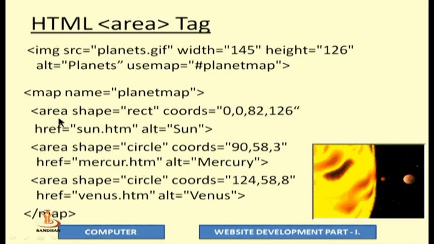To understand the area tag, we can see I have first declared the img tag. In the img tag I have used the src attribute. In the src attribute I have put planets.gif. So this planets.gif is my image which is shown over here. And this planets.gif is shown with a specific width, that is width 145, height 126. I have also used alternative text, that is planets, and I have used this particular attribute called usemap. Now usemap is a kind of attribute through which